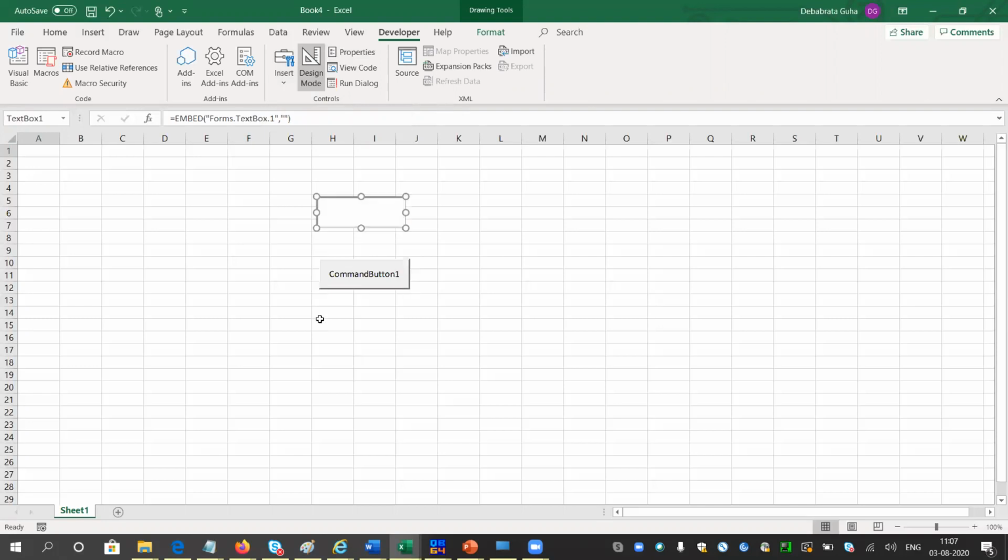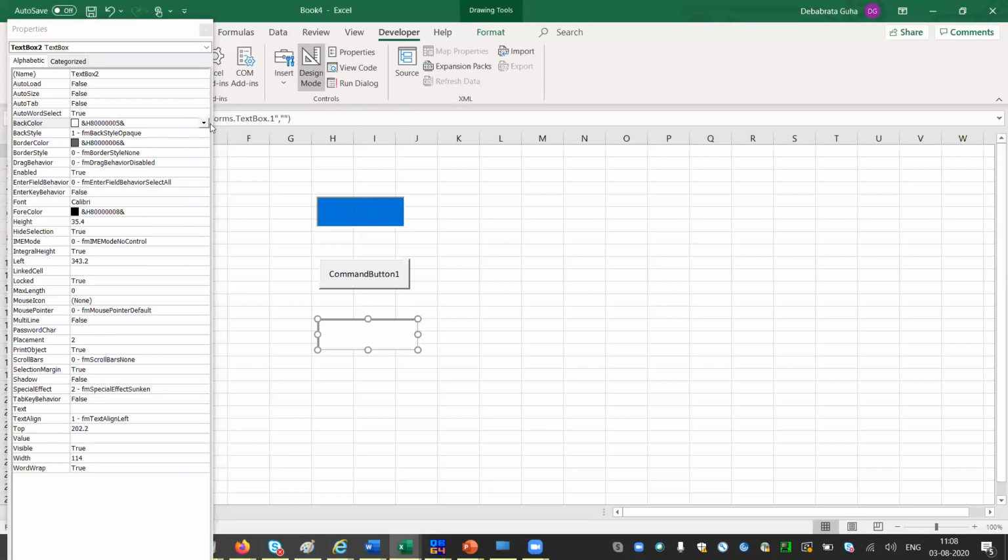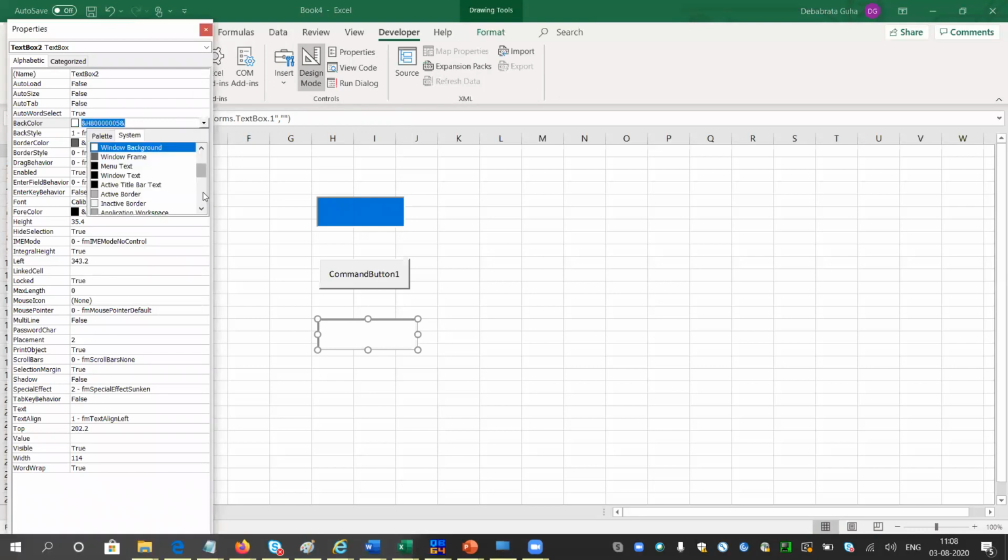I have already built a couple of apps in my last video, so you can check those as well. I have introduced two checkboxes and two text boxes. Let me give some colors to that, the back color. It is unimportant, but I will do it to have a good flavor of the code.